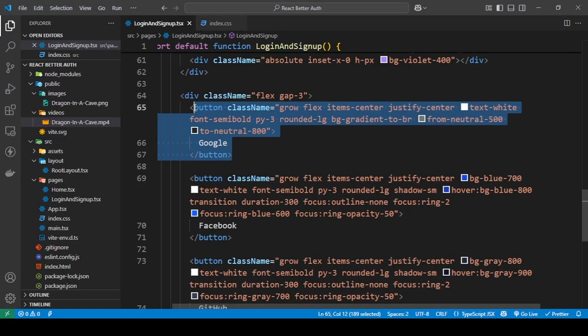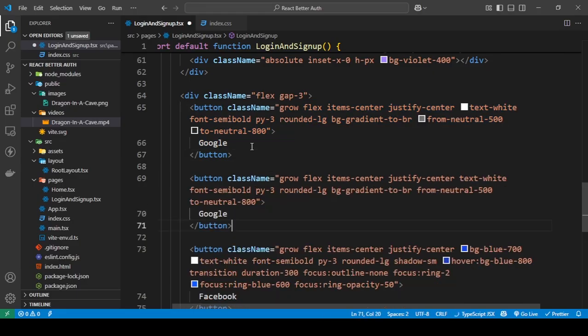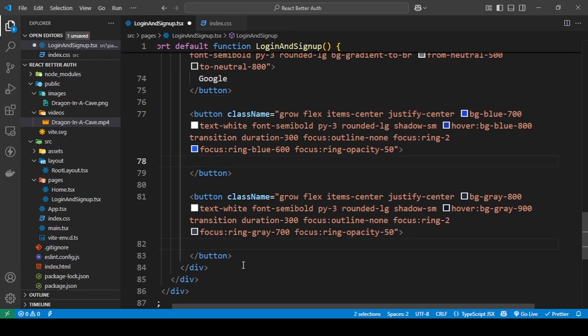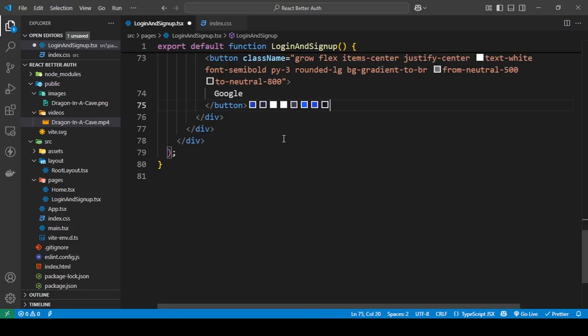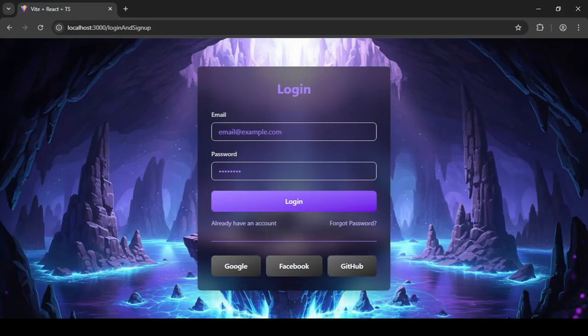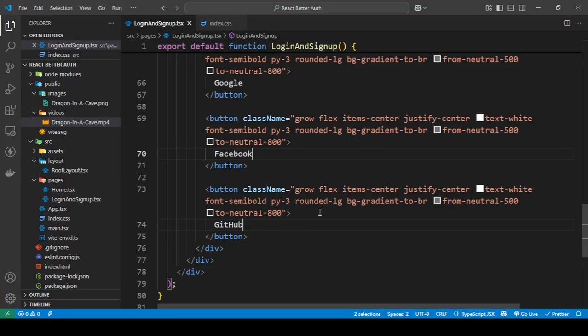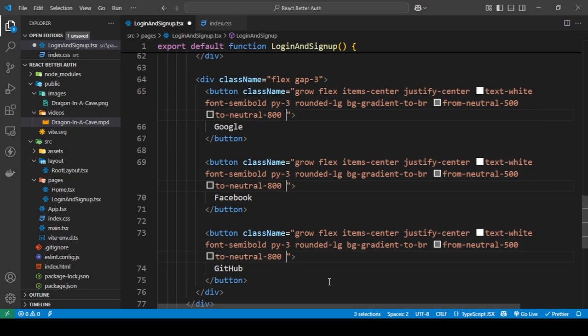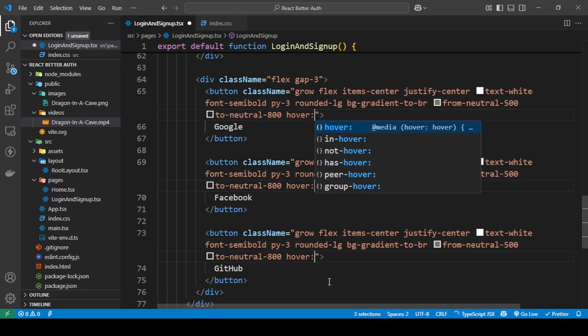Okay, so I'm just going to copy this button 2 times. Just add this, save this. Okay, now we have all 3 of these buttons. And on a hover,